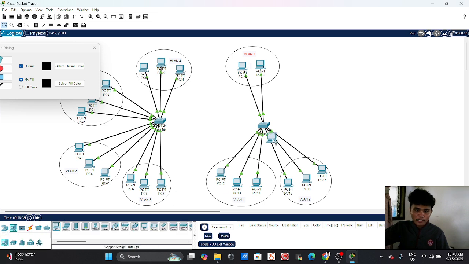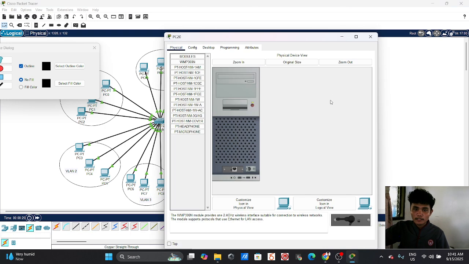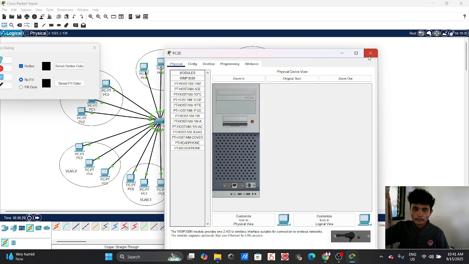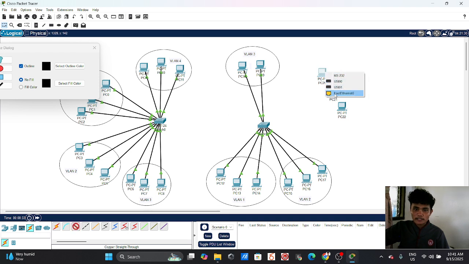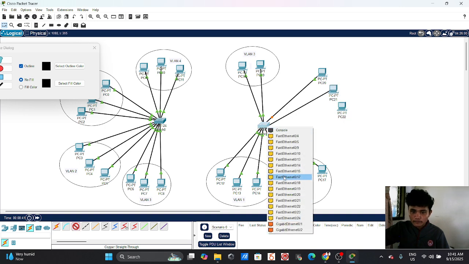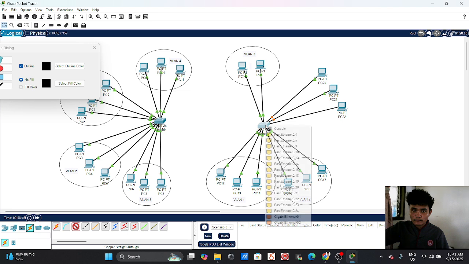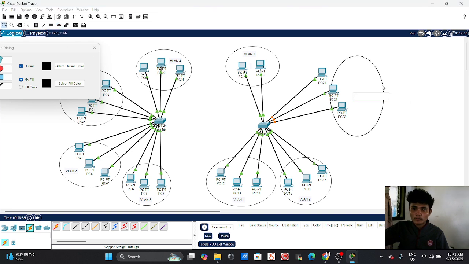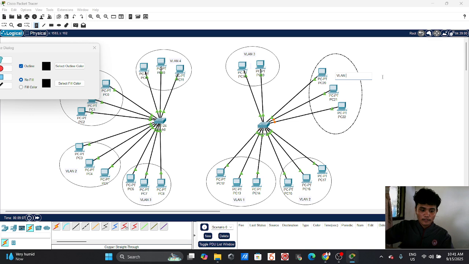Then next VLAN 4. Then VLAN 4 is fast Ethernet 16 to 20. Our VLAN 4.